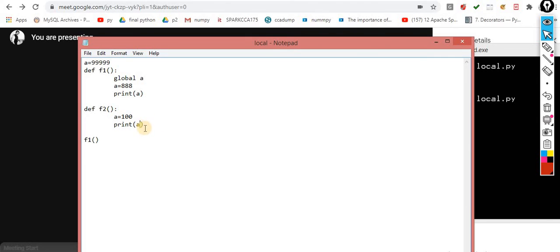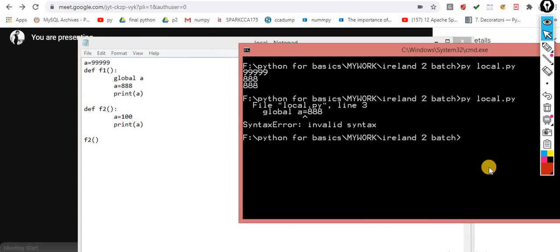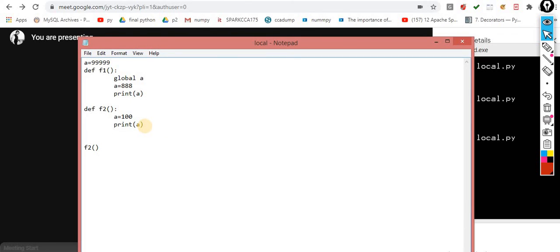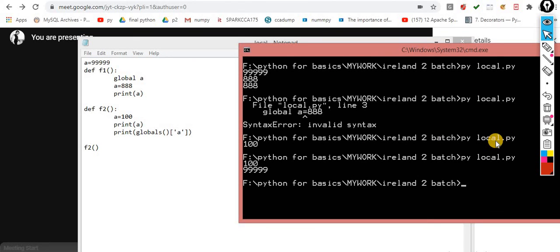If I call this f2, it always gives me the local variable value first, but I want the global value as well. For the same, what I can do is print of globals of, and I can use this a. Let me try this, now you can check.